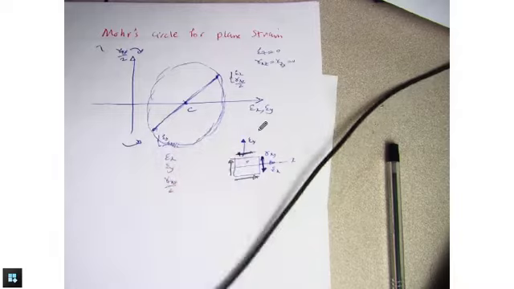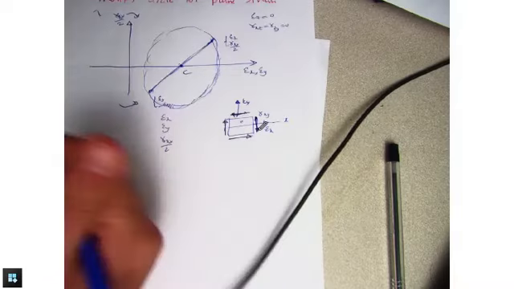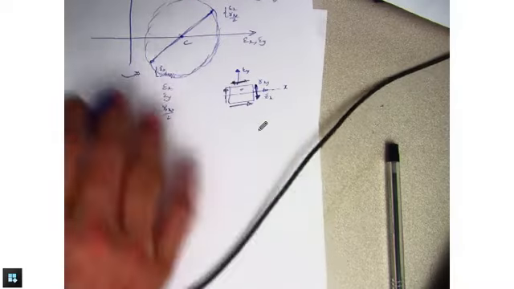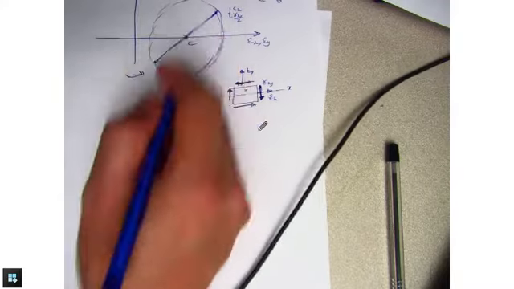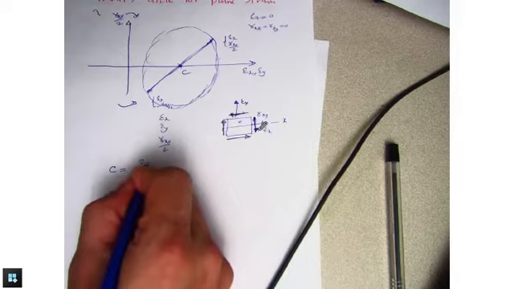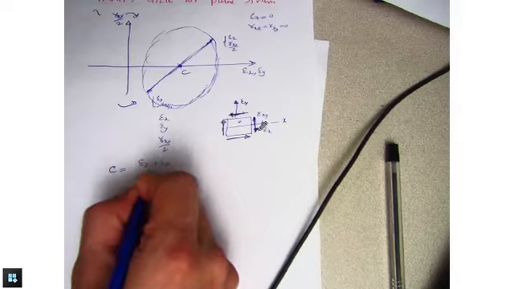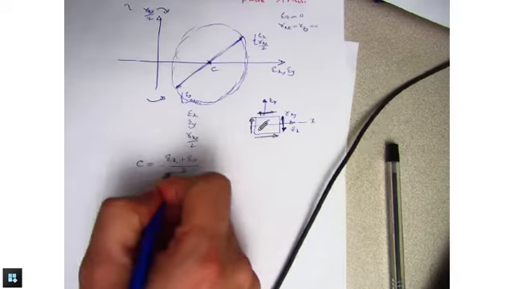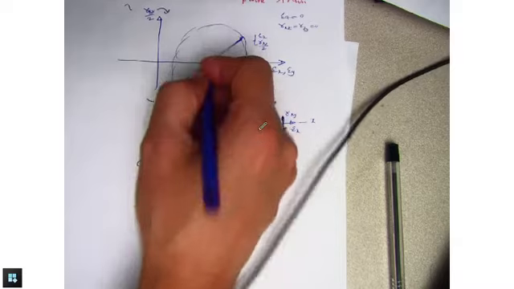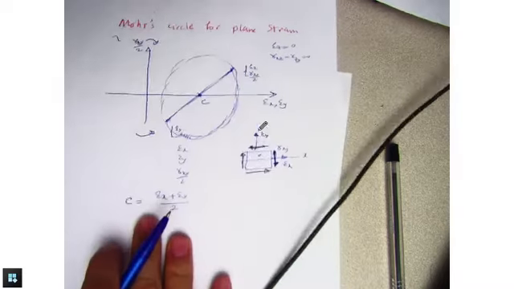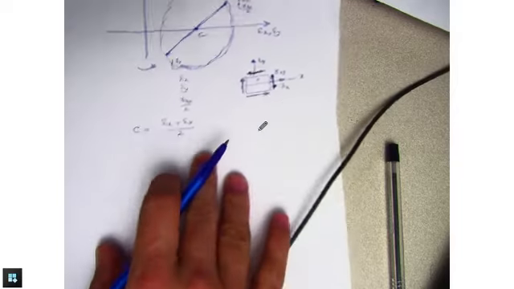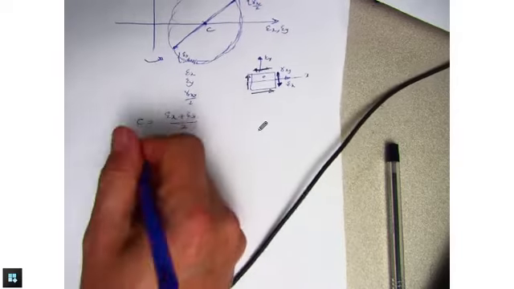All right, so similar to Mohr's circle for stress, the center of this circle is going to be located at this point. This is going to be the coordinate of this point, and it's going to be located on the x-axis, similar to stress. What else? I can also find my R